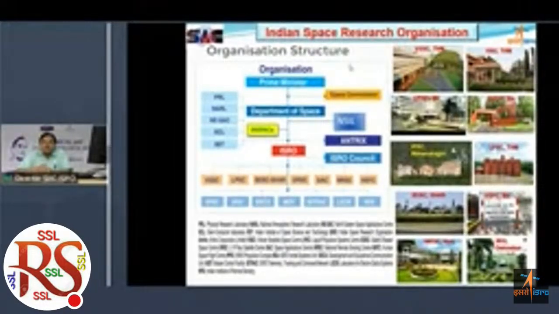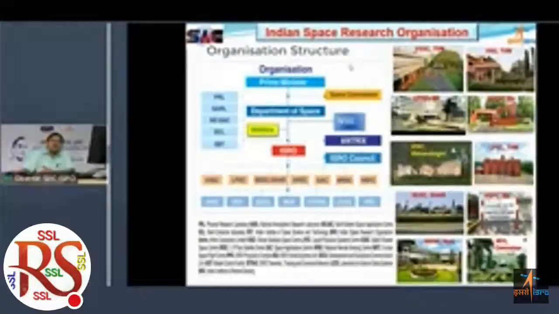So we have these 6 major centers, and recently we have started this Human Space Flight Center also in Bangalore. So that is added to our earlier plethora of 6 centers. So this is the 7th center added to our major centers. And apart from that, we have various units and small institutes. And IIRS is one of them, which is conducting all these courses. So I thank the IIRS team for organizing these courses, and that will give you the benefit of learning about ISRO